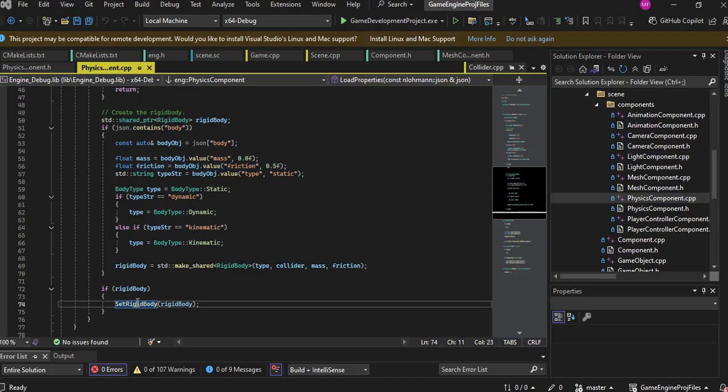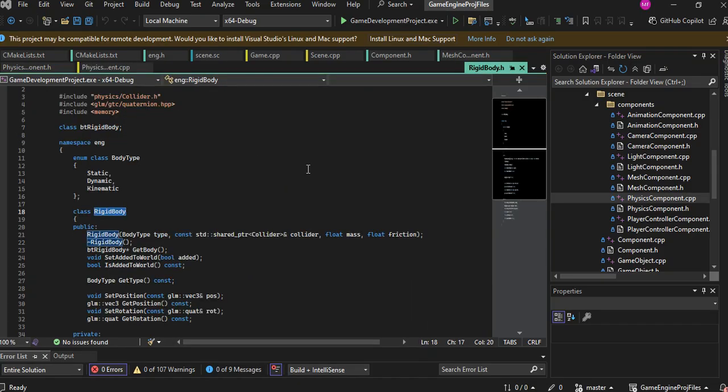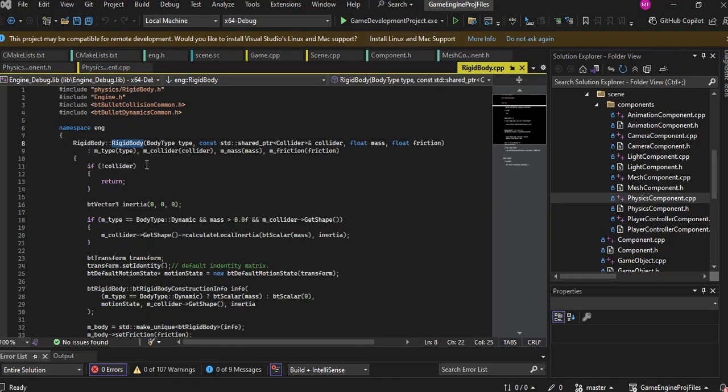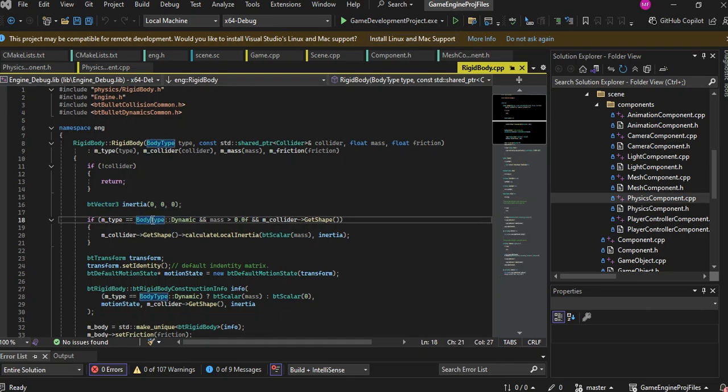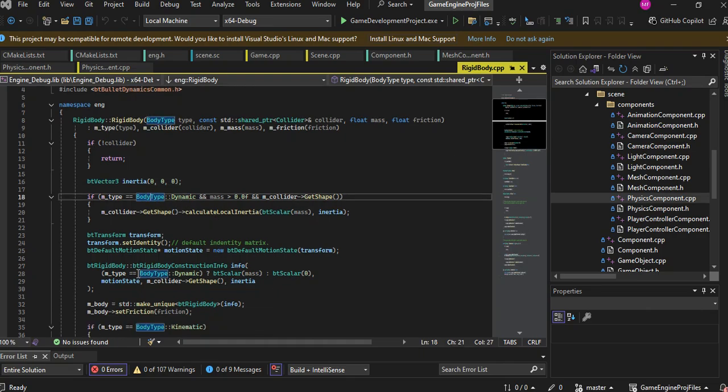And finally instantiating it and setting the rigid body. And the rigid body, again, if I remember right, is Bullet physics stuff. I'm pretty darn sure of that. It's all like wrappery stuff. So if I go to rigid body, go to definition, there you go. So yeah, Bullet physics vector 3, body type dynamic,